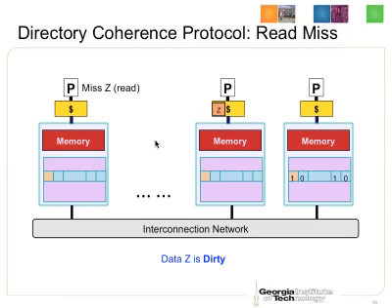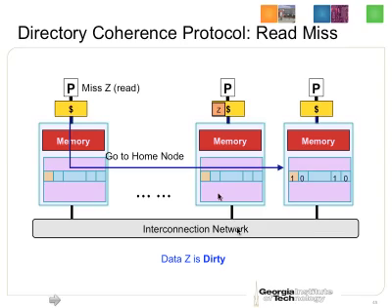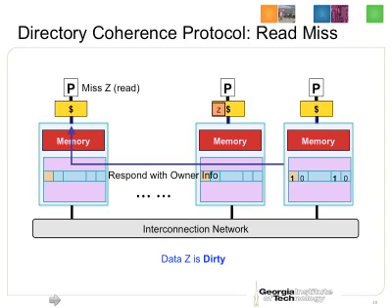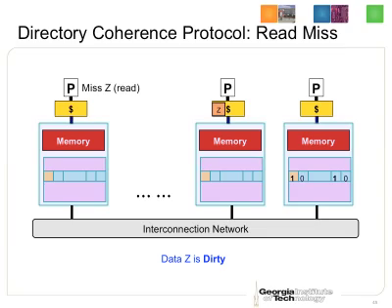If the first processor does a read again, it will ask for information about data z. It will query the directory of the home node. It knows that that cache line has been modified and this processor has the most recent value. So after the directory responds with owner information, this requester will send a data request to the current owner of the data, the most recent value,